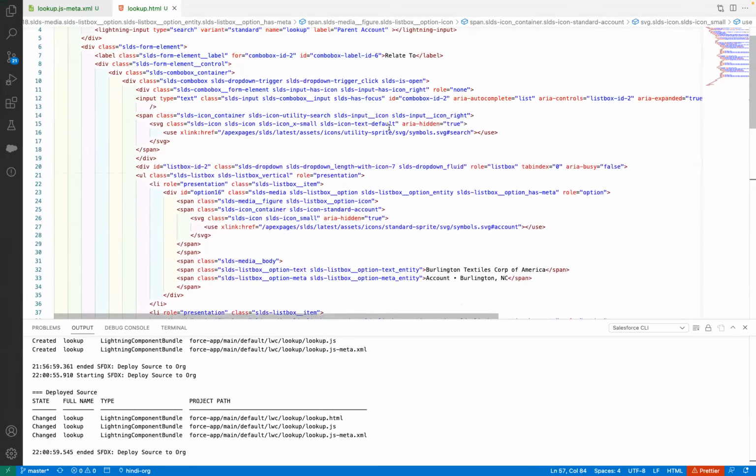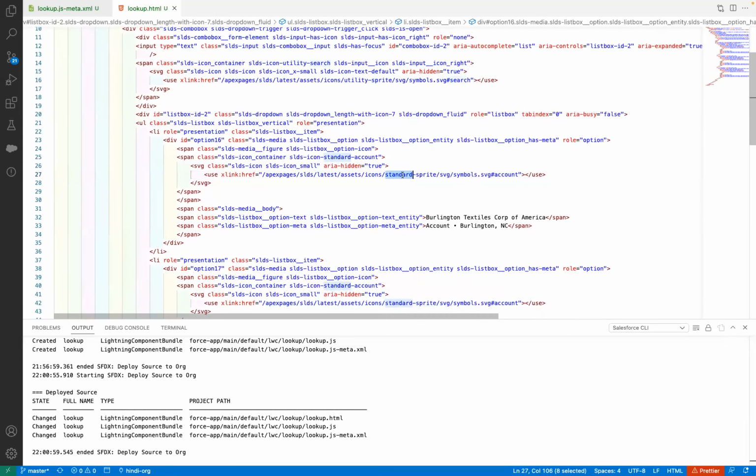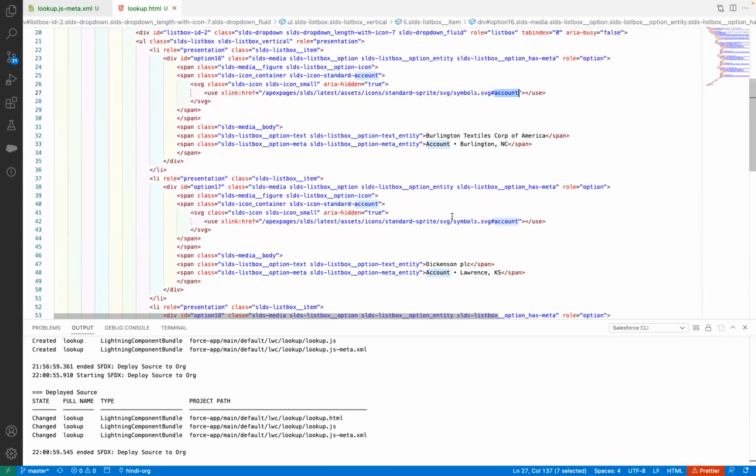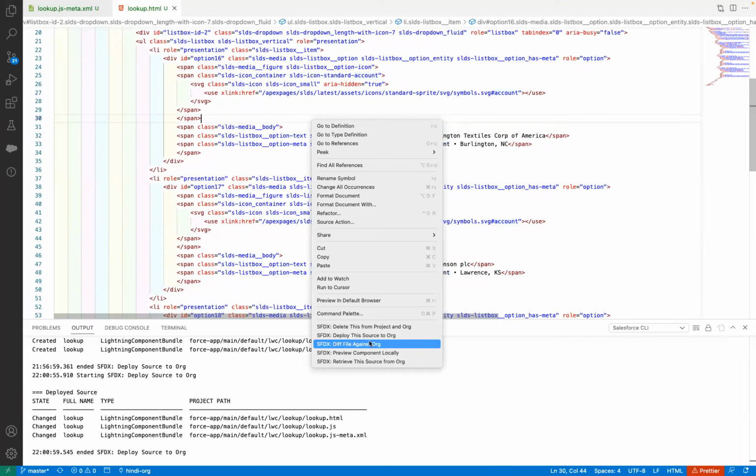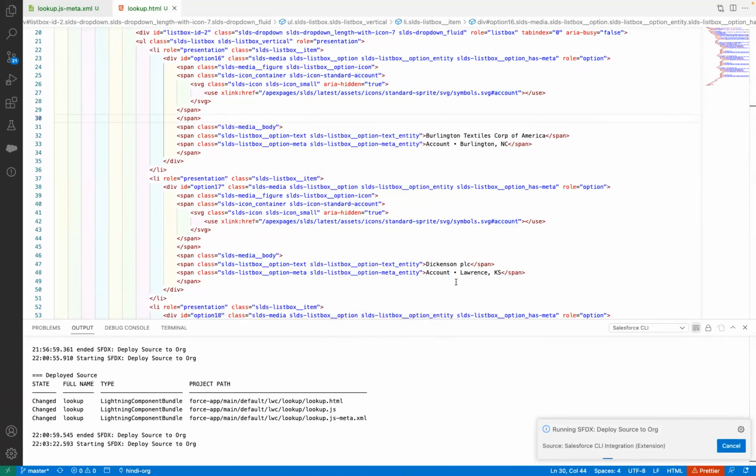Now there is one thing that you need to see here. This one, what exactly it is saying is utility. If you remember, we talked about how we get the icons. So utility is the category, and search is the icon you want to display. Similarly here, standard is the category, account is the icon you want to display. So you can change the category, you can change the icon name, and it's going to display the same icon that you want. Okay. Now, after making the changes, if you go ahead and deploy this